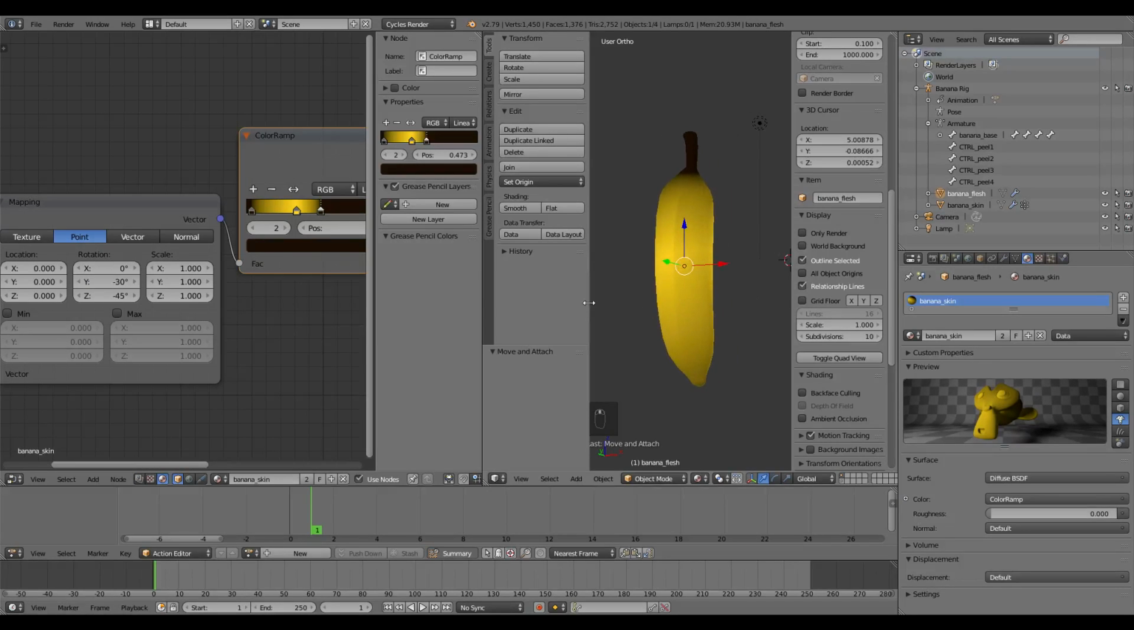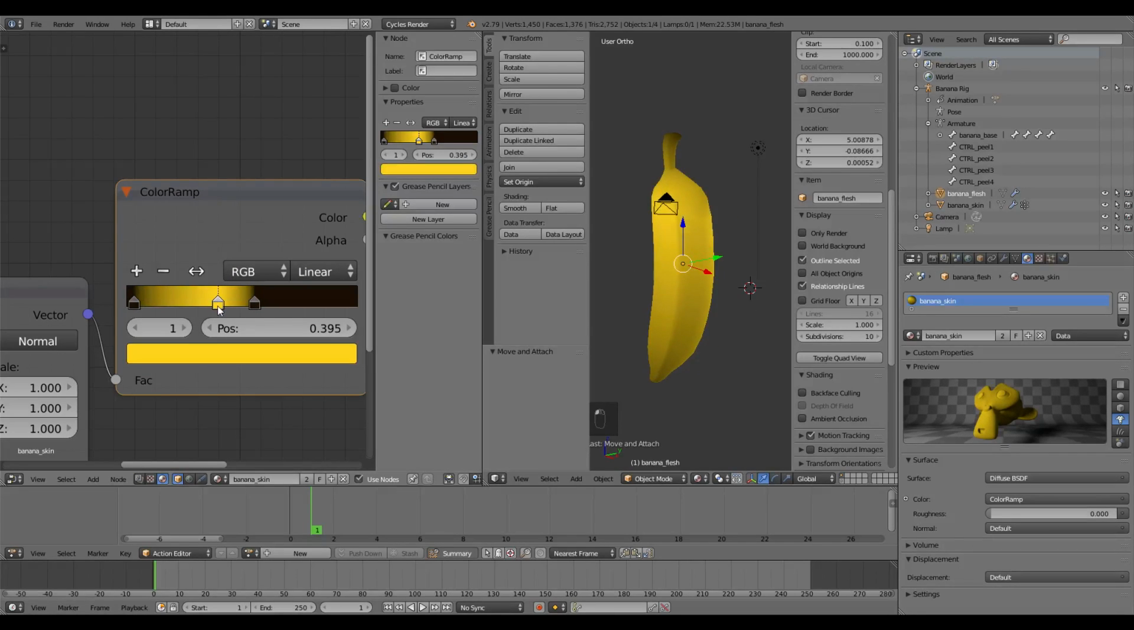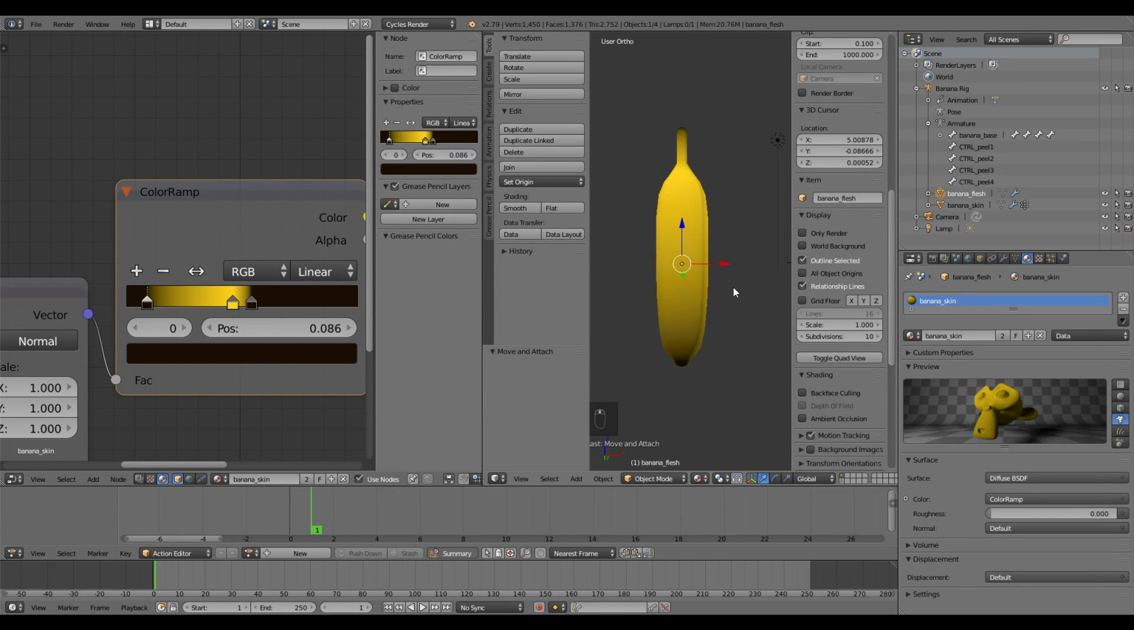Okay, so now we've got where we can play with the colors a little bit more. So just move that up just on the very end of the stem, just like that, with the yellow. A little sharper transition there. Okay, and then the bottom of it needs to come up a little bit. There we go. Okay, so this particular banana is going to be a little bit on the green side, so